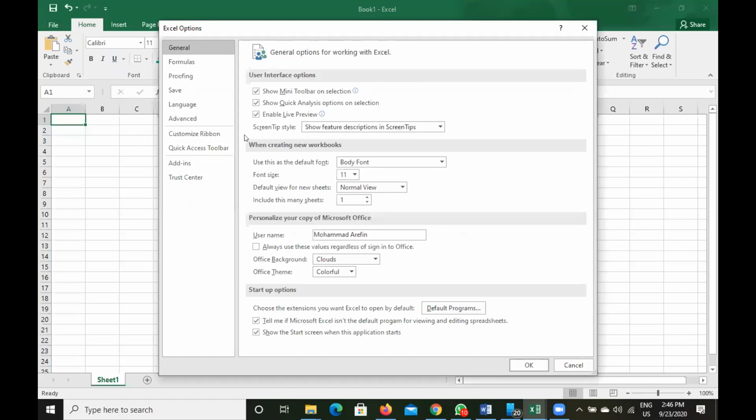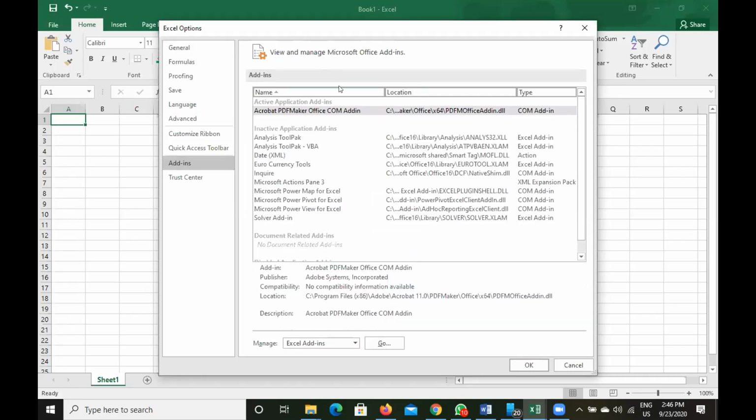After you click on this option menu, you will see there is an add-in submenu there. Add-in. Look for this add-in. Have you seen this add-in? Yes, sir. Right. So click on this add-in menu. Try to speak in English. If you click on this add-in menu, you will get this one.